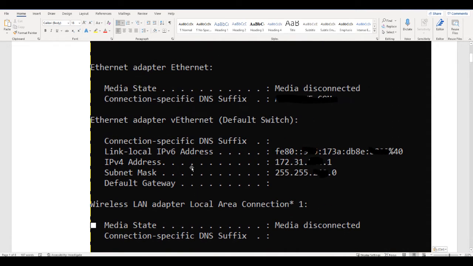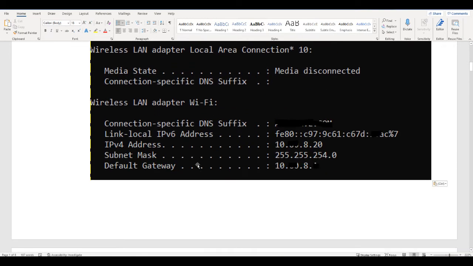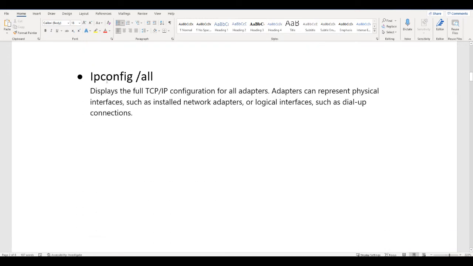But in case you want more information, like DNS information or the MAC address of your machine, then what you have to do is type ipconfig /all. It will display the full TCP/IP configuration for all the adapters.